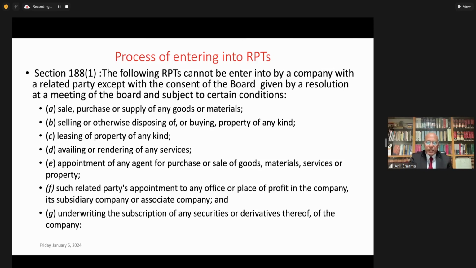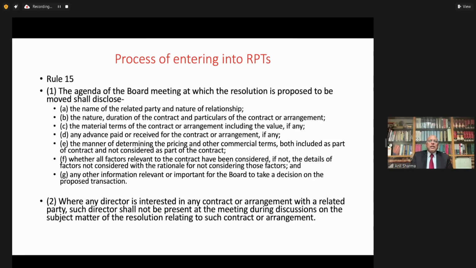So it means that any related party transaction can be entered into only after the consent of the board has been given by passing a resolution at a meeting of the board. So all these are important. So consent of the board through a resolution, and the resolution is passed in a meeting of the board. So these are 3 steps, and of course the transaction I have already mentioned to you, which are considered as. Then